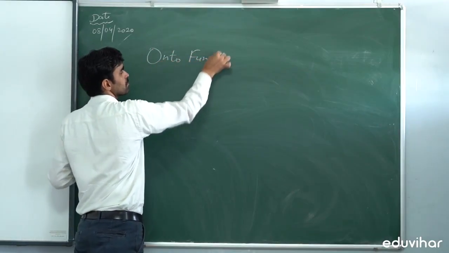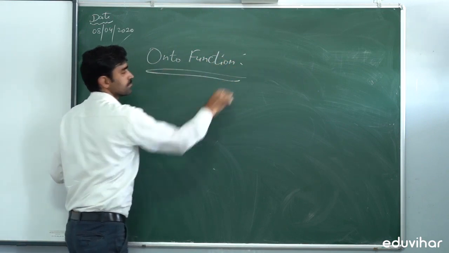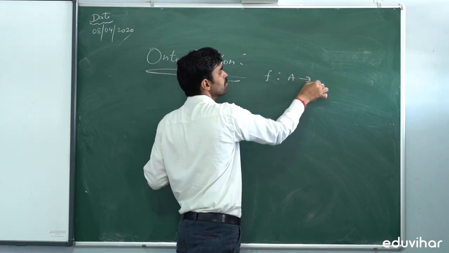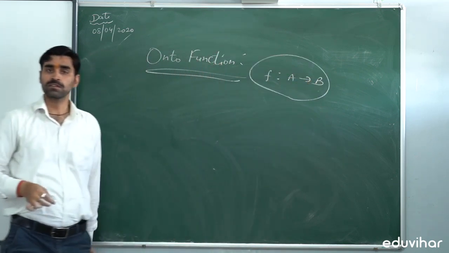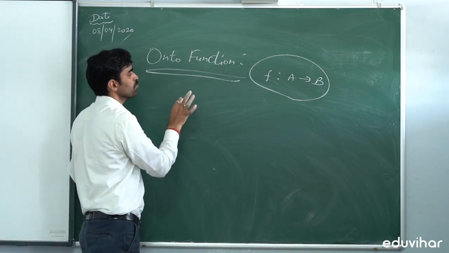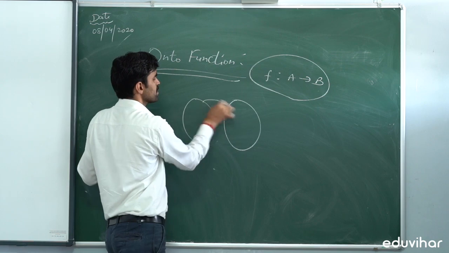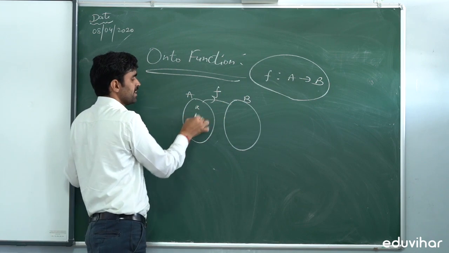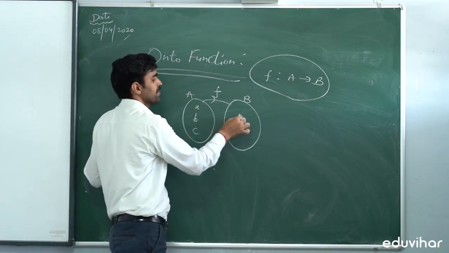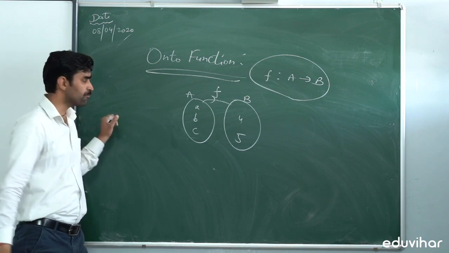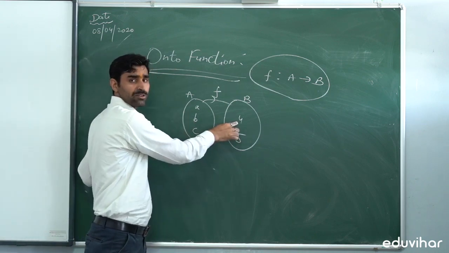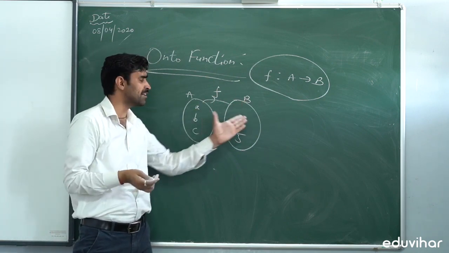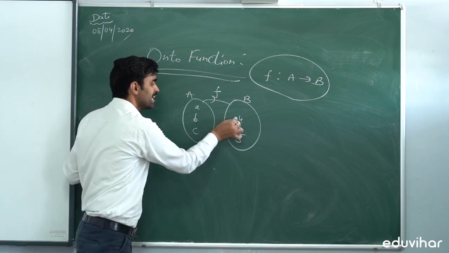Onto function. Consider a function from set A to set B. Working rule for onto function, or you can say here we have some example for onto function. Function goes from set A to set B in such a way that we have set A having the elements a, b, c, set B having the elements 4 and 5. If every element of the codomain, here elements of codomain are 4 and 5, if every element of codomain